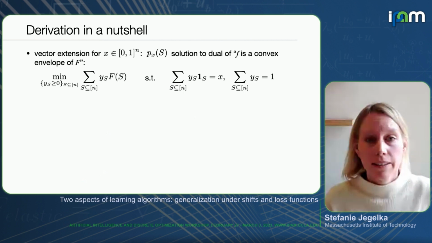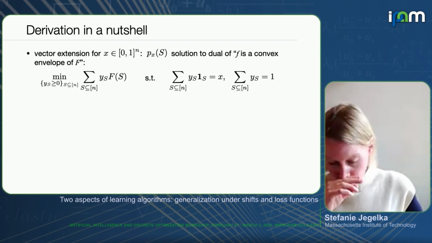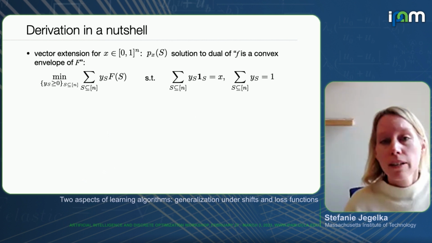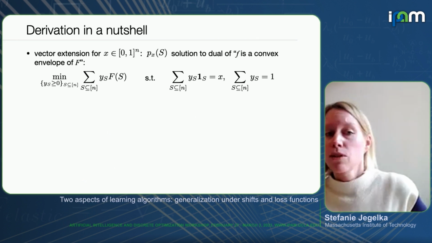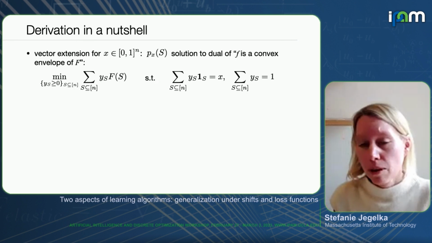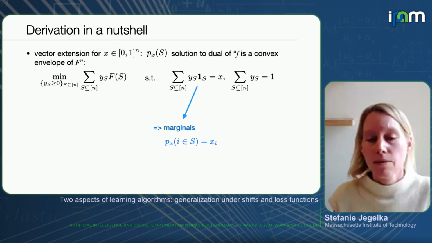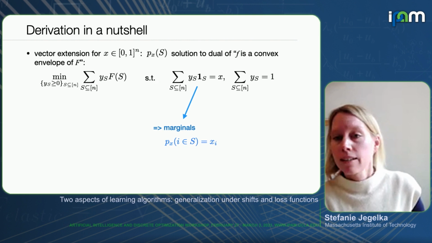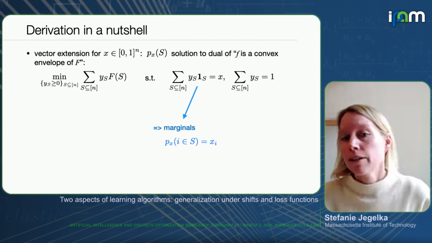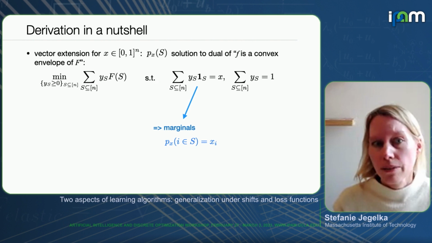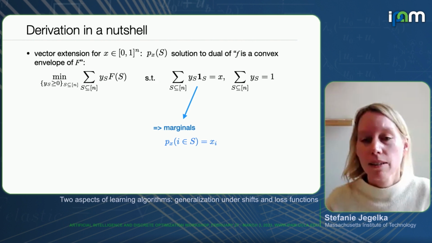How did I get there? The way you can derive this extension I told you about is basically by looking at the convex envelope of that set function and then taking the dual of that problem. So this is what it looks like. And y is essentially that distribution. The y gives you a value for each set, and that value will be between 0 and 1. You can view this as your P of S, and now you can parameterize it with that X.